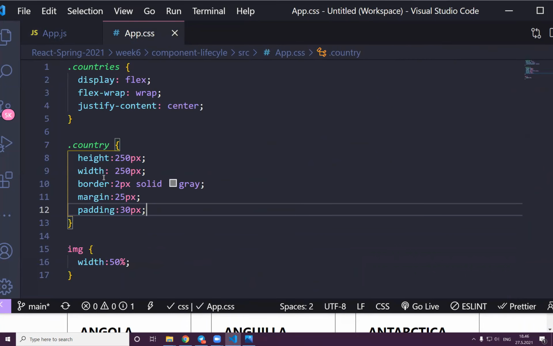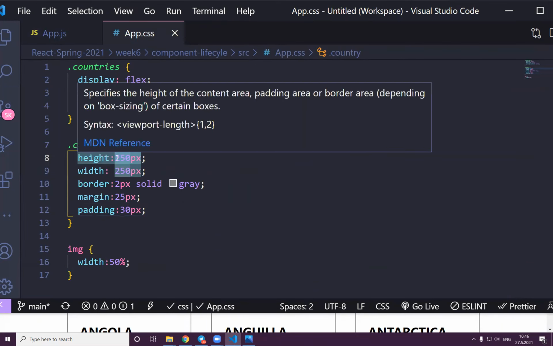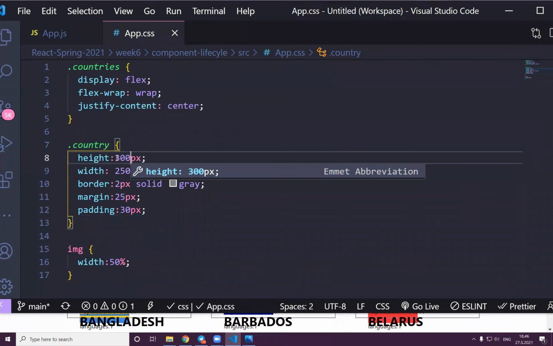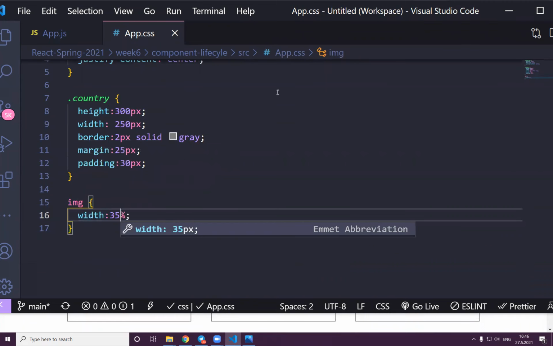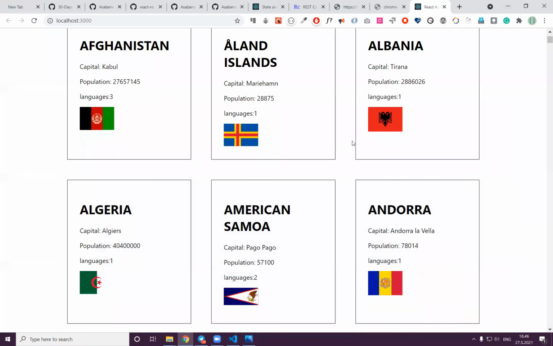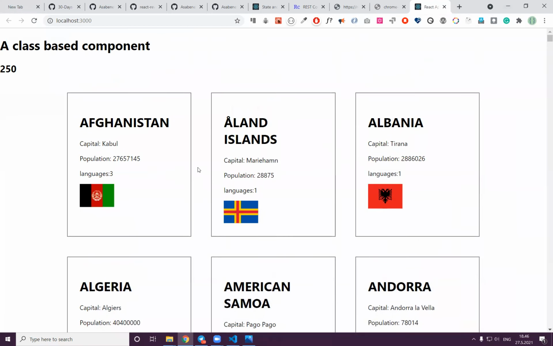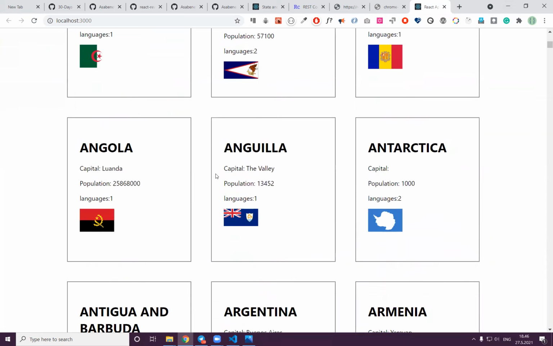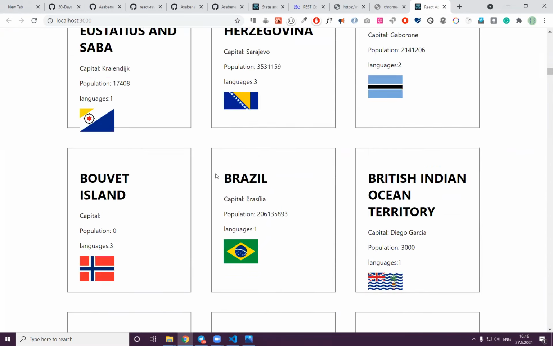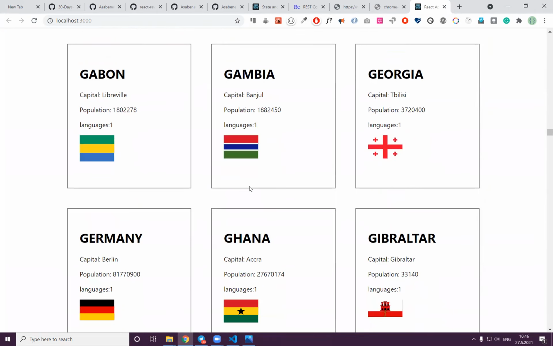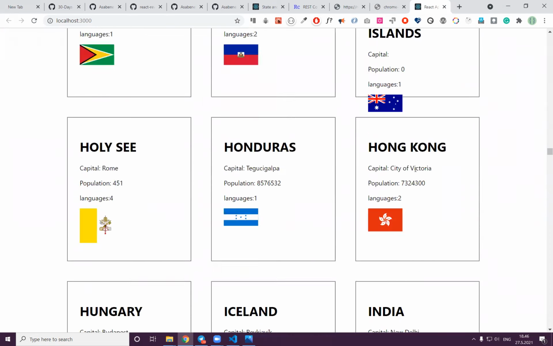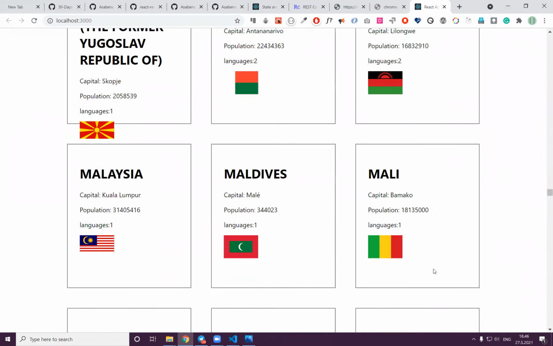Now, as you can see, height, maybe, how about if we give it 300, and maybe we can make this one also about 35% something, and everything will be somehow in position. Yep. So as the styling will take forever, and we are not going to work on that. It is not a CSS class, right? Yeah. So this is what we can make use of, the